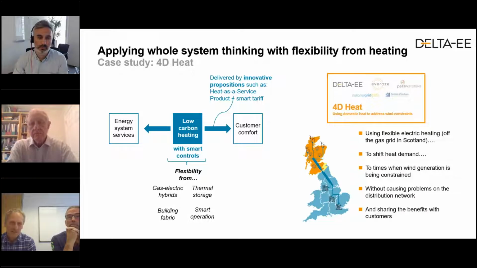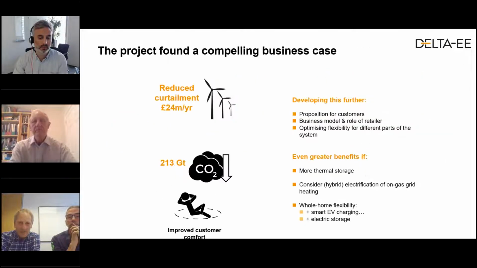So it's fine to avoid wind curtailment, but you could cause problems on the distribution network if all the electric heating suddenly comes on. How could you share that with customers? Coming back to one of the questions, is that via a tariff or a subsidy or a payment, or how do you share that benefit with customers? And what we've found through some very detailed modelling is that you could reduce curtailment payments by £24 million a year,